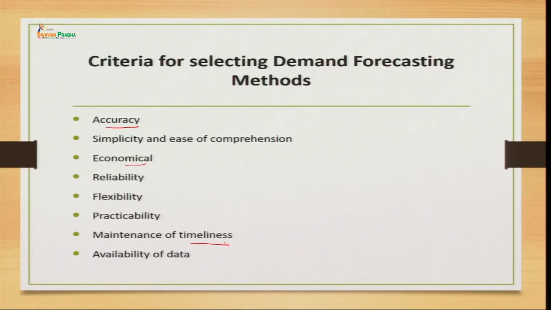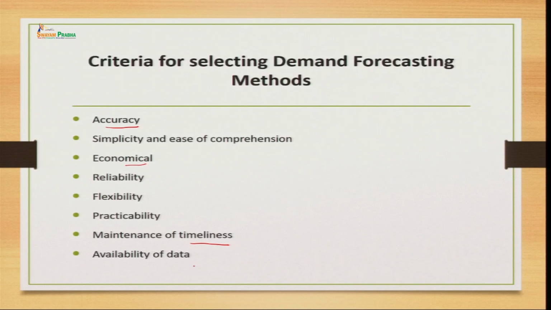Maintenance of timeliness, yes. While choosing a technique we need to understand for what period of time, like we have already seen categorization based on time, which should be known to us. There are methods which give you results in a shorter period of time and there are methods which give you results in a longer period of time, right. So, for what period of time are you focusing? Suppose you are focusing on a shorter forecasting period and you have chosen the method which will give you a result in a longer period of time, then again it will be of no use. So, you need to understand your categorization and accordingly you will be choosing the technique.